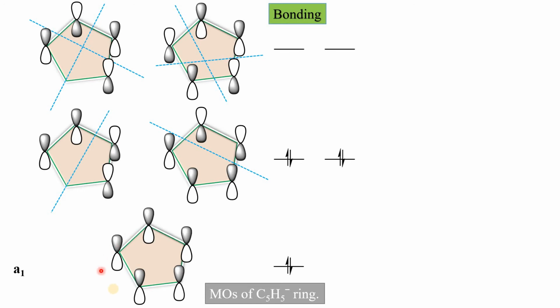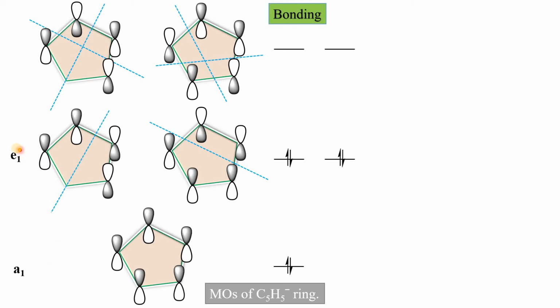This is known as A1. A stands for singly degenerate system, and 1 stands for symmetry. It comes from group theory. 1 means the representation is symmetric with respect to the C2 axis perpendicular to the principal axis. If there is no C2 axis, then we have to choose the vertical plane of symmetry. So the vertical plane of symmetry or the C2 axis. If it is symmetric, meaning there is no change in the sign of the lobe after the operation, then it is symmetric. If there is a change, then it is antisymmetric.